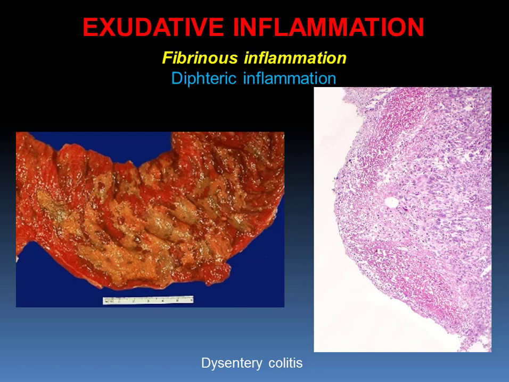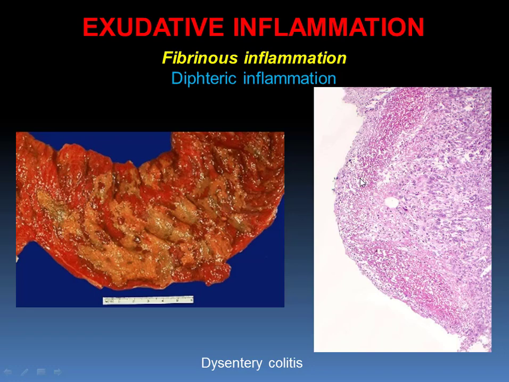For example, deep necrosis in dysentery colitis. It is inflammation of the colon in the infectious disease Shigella dysentery. We can see formation of yellowish films which closely adhere to underlying tissues and can be removed only with large effort. If this film is removed, at the place of the film we will see a deep defect, an ulcer, which is very often accompanied by such complications as hemorrhage and even perforation of the hollow organ.